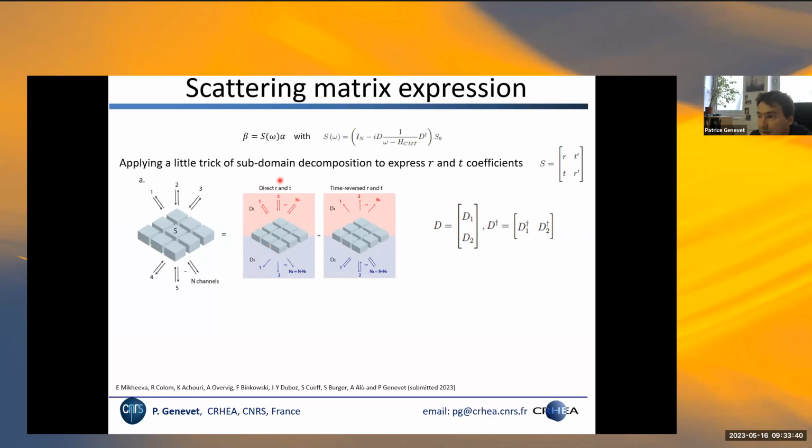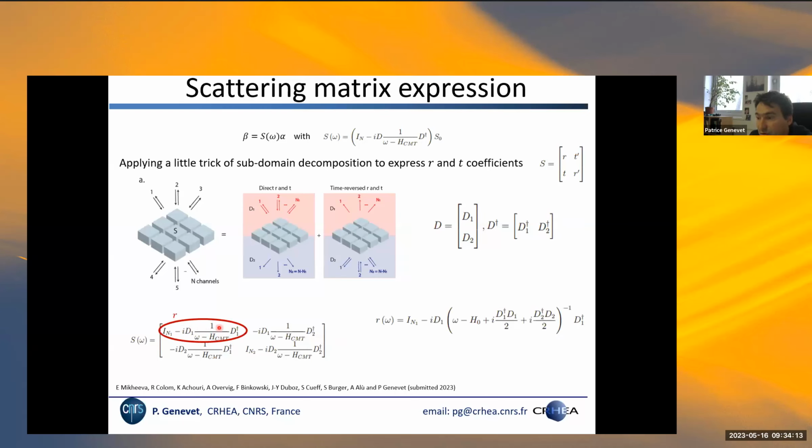So if you come with direct excitation here, the upper part will define the reflection and the lower part will define the actual transmission. And you have the time reverse version of this, so that you can eventually rewrite this S matrix into 4 sub-blocks. Each of the blocks will correspond to the reflection, the transmission, the time reversed transmission, and the time reversed reflection. This is very handy because with this expression, we have a scattering matrix describing light interaction with each of the resonant modes. And in each sub-block of this matrix, we have the reflection and transmission coefficients that become very useful for studying the response of this metasurface in the presence of resonant photonic modes.